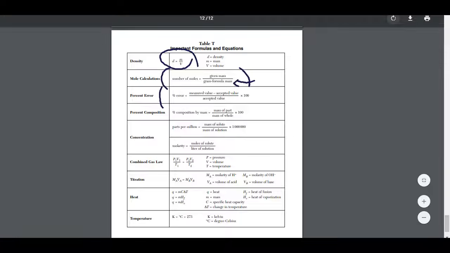Percent error, just follow along. Make sure you know from reading the question what's the measured value, meaning the student value, versus the accepted or true value. Percent composition, that could come up with percent by mass of an element in a compound. It also could come up with percentages in solution, parts per million. That's with concentration and also molarity. Now, don't get confused between the molarity equation and the mole equation. Yes, the word mole is in both, but you're given other pieces of information. So please reread the question to figure out which equation you need. Molarity, by the way,